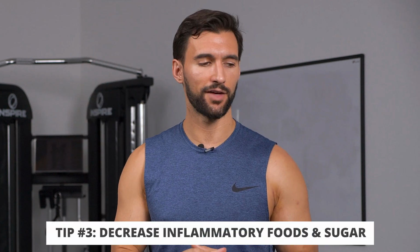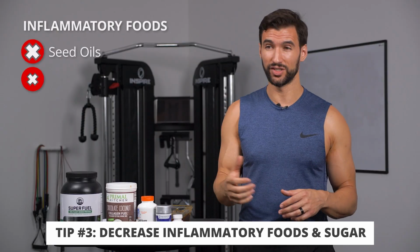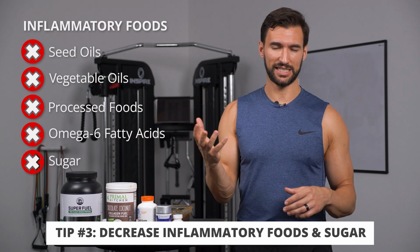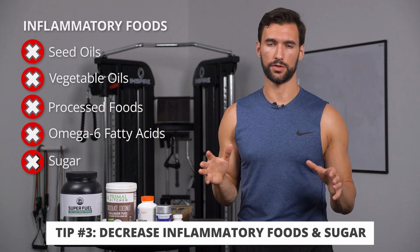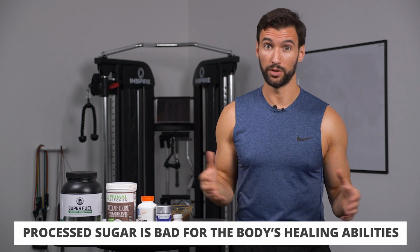So all in all, when it comes down to nutrition for healing, the other final important factor is you want to absolutely decrease your intake of anything that creates inflammation. So any kind of seed oils, vegetable oils, processed foods, high omega-6 fatty acid foods, and you want to decrease your intake of sugar as well. Sugar absolutely squashes the immune system's ability to heal. So if you're getting a lot of sugary juices, sodas, stuff like that, it's going to be really detrimental for your